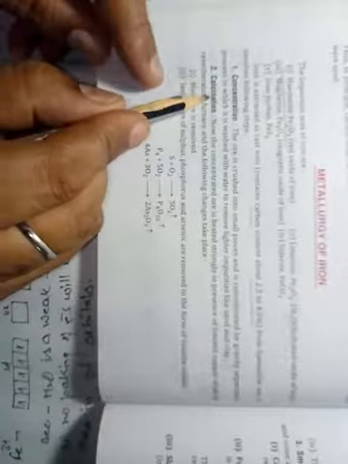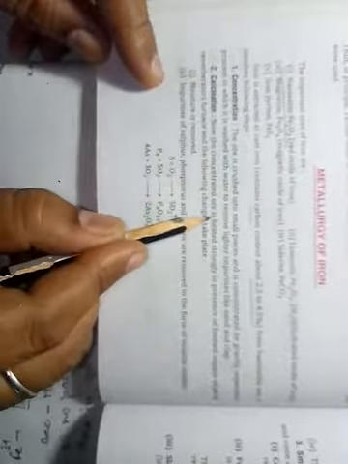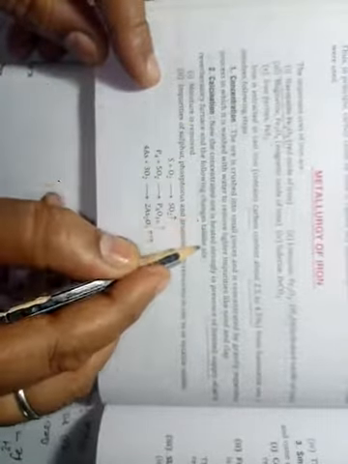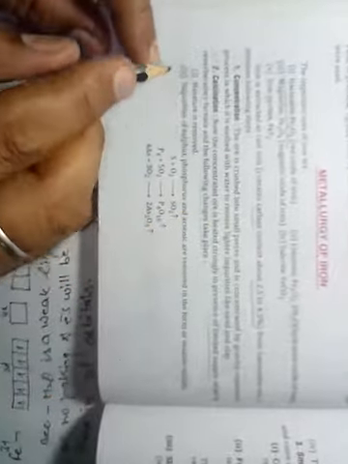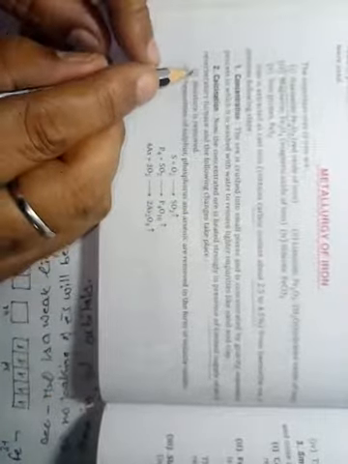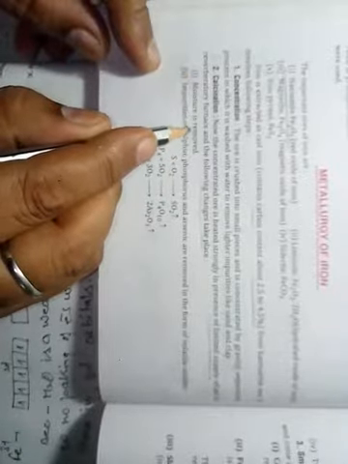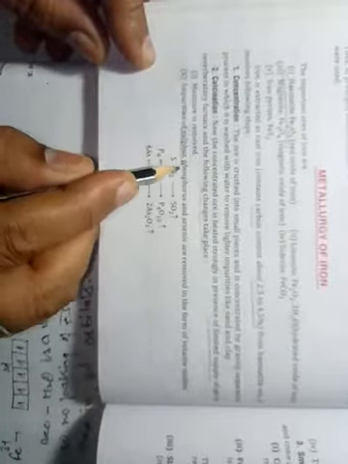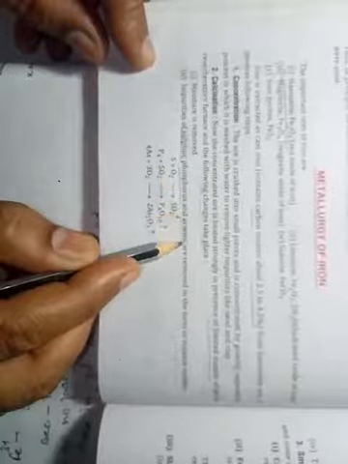Then second heading, calcination. So the concentrated ore is heated strongly in presence of limited supply of air in a reverberatory furnace, and the following changes will take place. So what will be the changes there? First, moisture which is present in the ore will be removed. Second, impurities of sulfur, phosphorus and arsenic are removed in the form of volatile